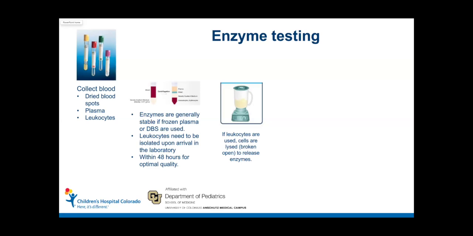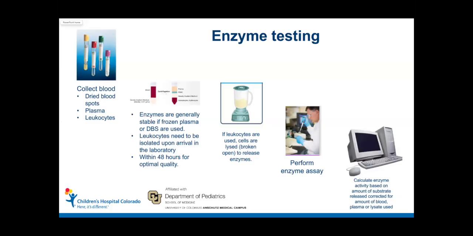So once we get the leukocytes, we grind them up a little bit. It's not really a blender, but it's a good example of what happens. We release those enzymes into a test tube. You have a very competent technologist who performs the enzyme assay, trying to read the fluorescence using the slide I told you before. And then we have to do some calculations, and that's the last thing that I want to talk a little about, because we're expressing this enzyme activity as the amount of substrate that's released for the amount of blood, plasma, or lysate that we use. And so what can impact this calculation? And that's a little bit about what I want to tell you.